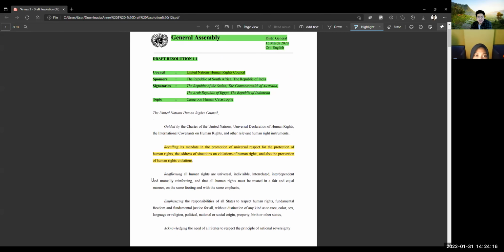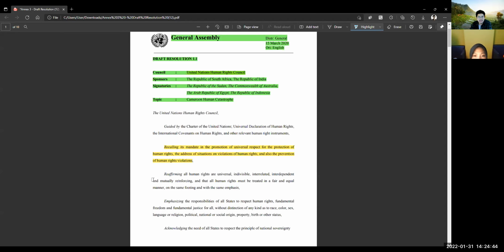Recalling its mandate in the promotion of universal respect for the protection of human rights, the address of situations on violations of human rights, and also the prevention of human rights violations. If you read it from the beginning to the end, it does not contain any action that countries need to do, right? The yellow clause only says a specific mandate of the United Nations Human Rights Council,